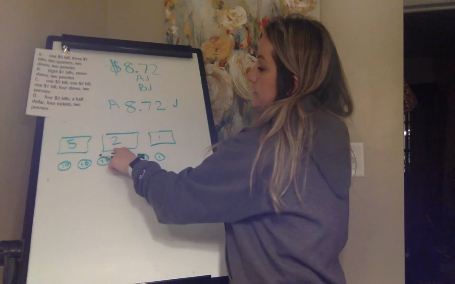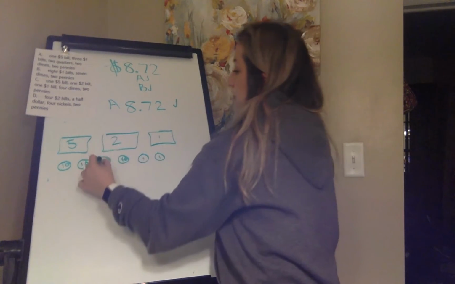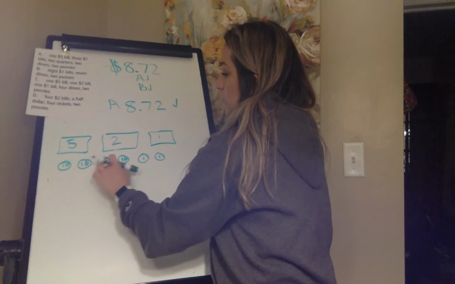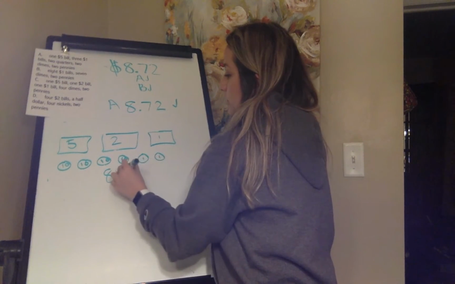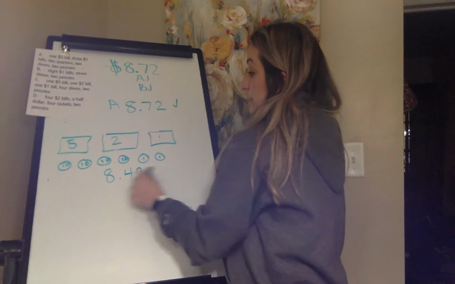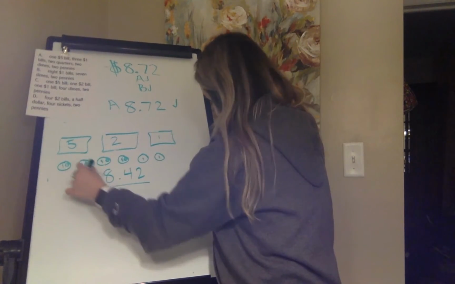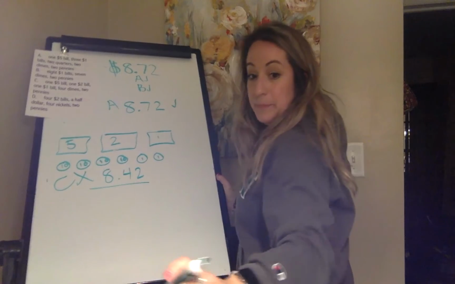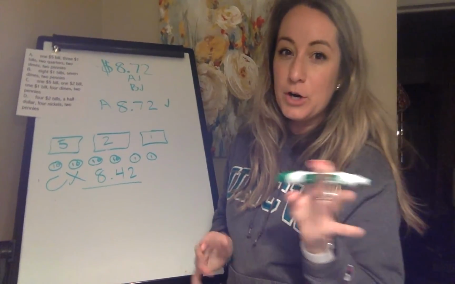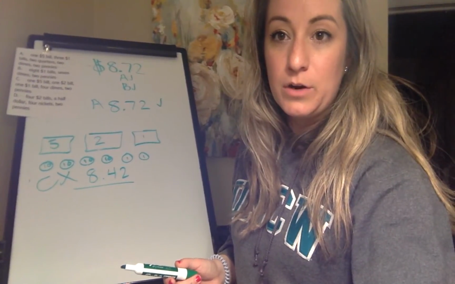So we have 5, 6, 7, 8. We have $8. 10, 20, 30, 40, 41, 42. $8.42. That is not $8.72. So C does not work. But we should check letter D anyway, just to make sure that we are on the right track,